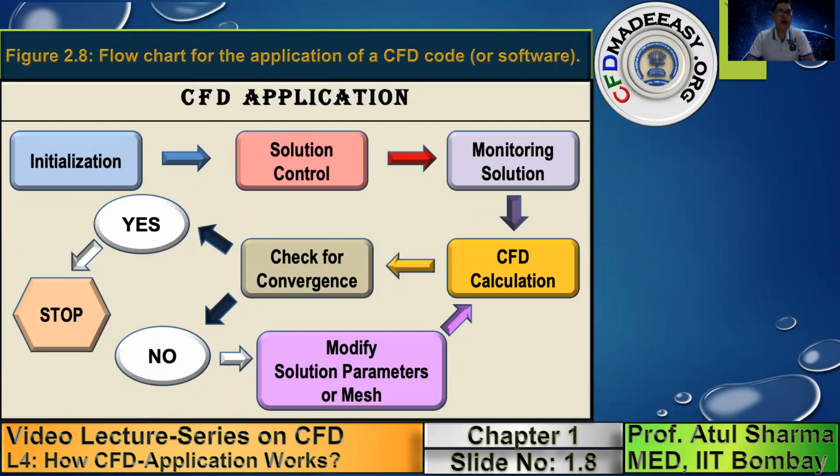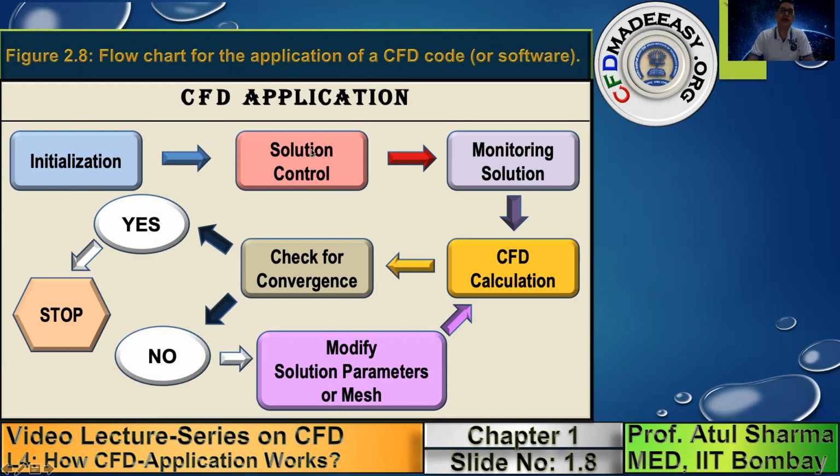So you consider a domain. The flow across the circular cylinder, which I showed you in the previous slide, is also an external flow problem. So instead of a circle, now we will have a car, and after getting the solid model, we decide the shape and size of the domain, and then we do grid generation. So all this comes under the initialization process. And then we also need to decide what is the working fluid corresponding to the simulation, which basically decides the fluid property. And then the next step is solution control.